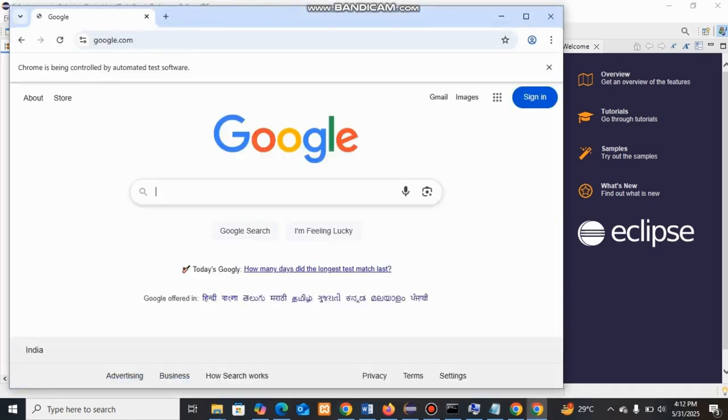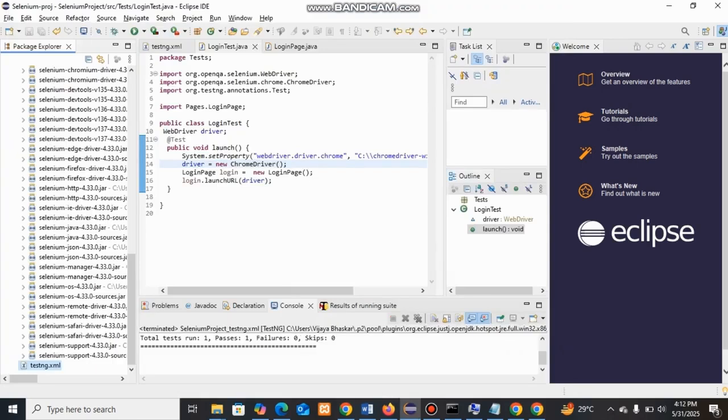Yes, it is working. So that is the setup for Selenium, and in the next tutorials I am going to explain how Selenium works, test setup, automation framework setup,